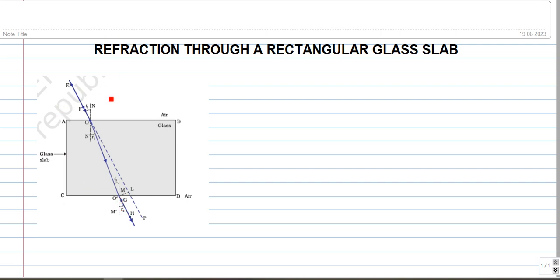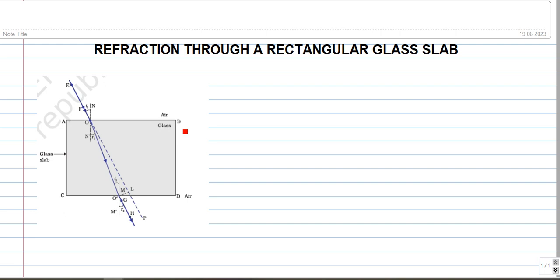Okay, so we first trace the rectangular glass slab ABCD. We see that this EF, where the pins are placed, we take out the pins and draw the lines, and we extend it to the side AB of the rectangular glass slab. Then the light emerging from here, where we have placed the other two pins at the place of the images, G and H, we draw this line again.